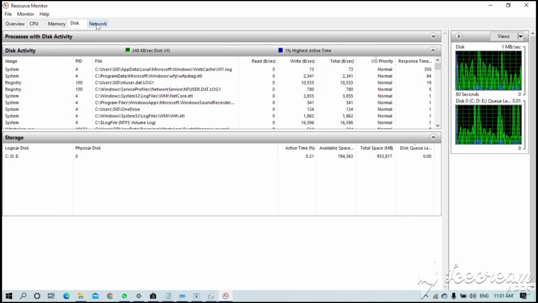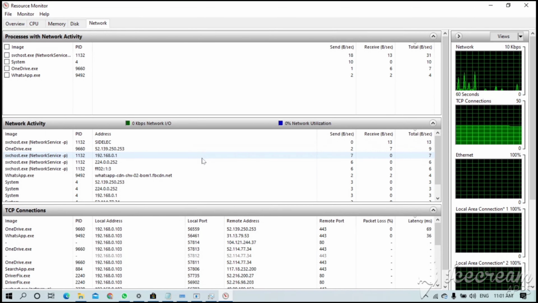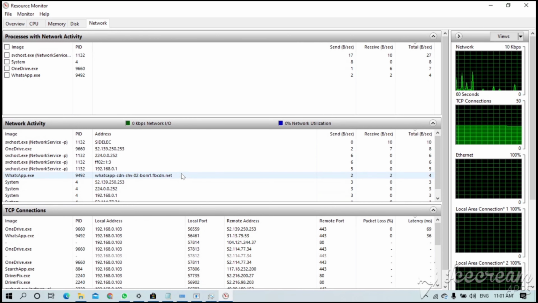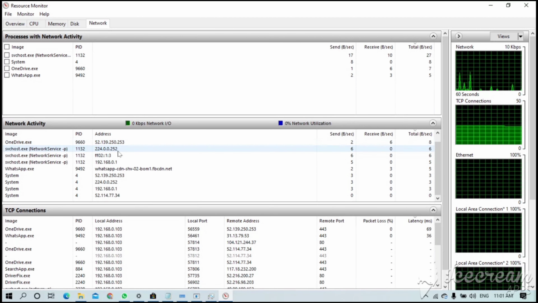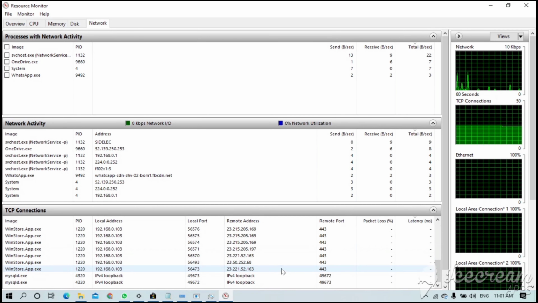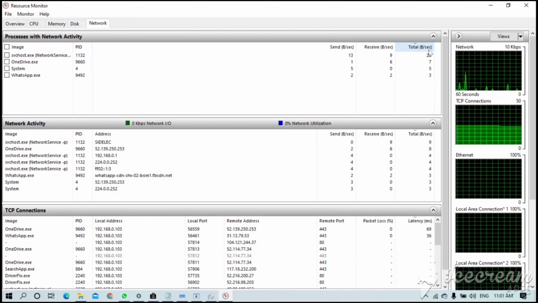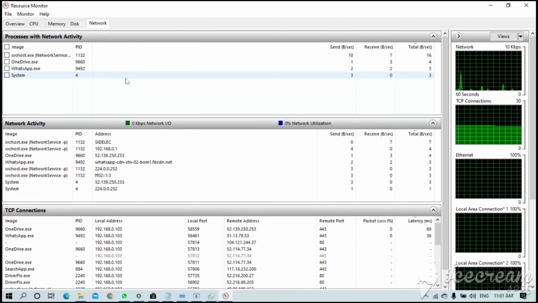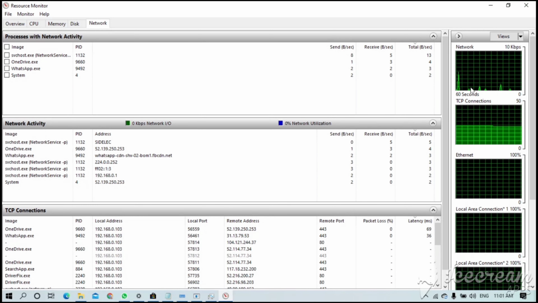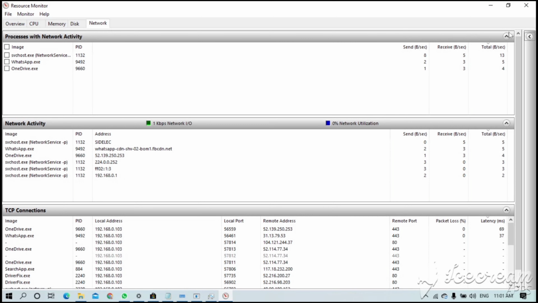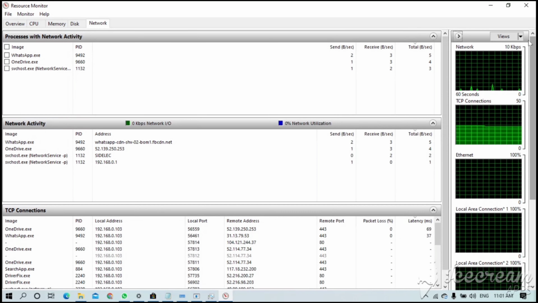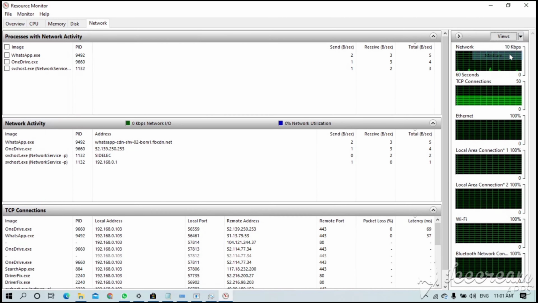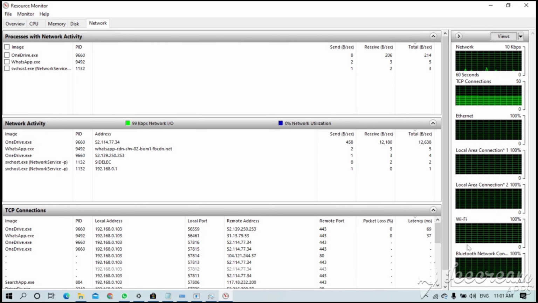After that, if you click on disk or network, while coming into network you can check each and every activity, what amount of kbps or mbps has been used by your Wi-Fi or signal. You can look through each and every tab in detail, and the background processes which are going on in a laptop. Here you can browse and check all the different settings by changing your tab style.